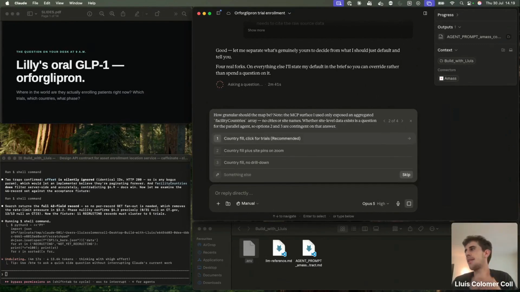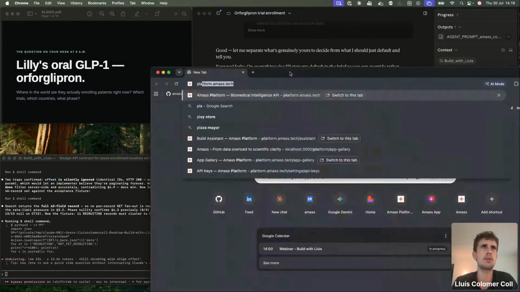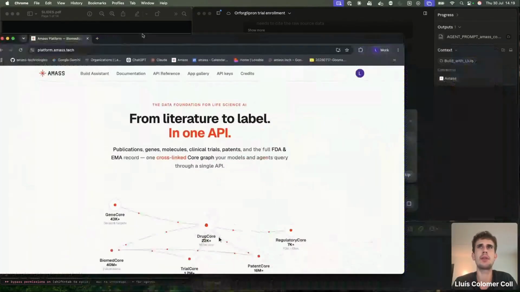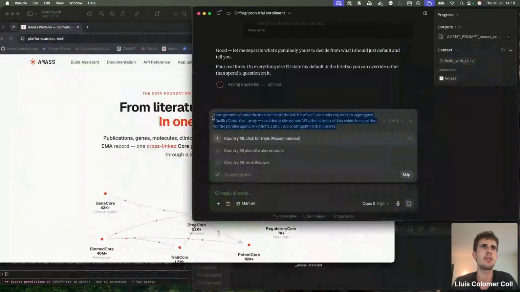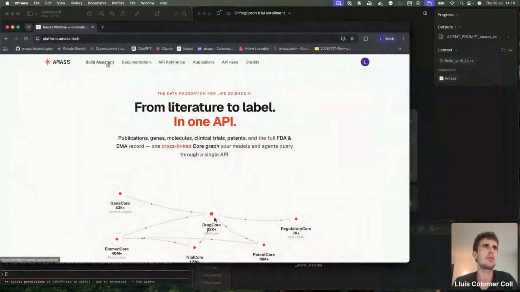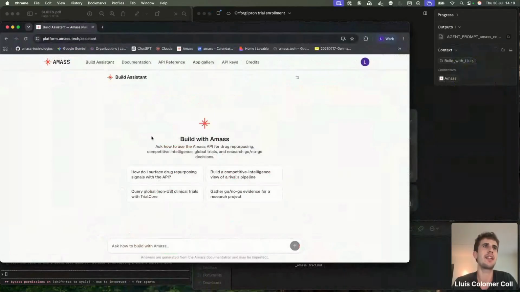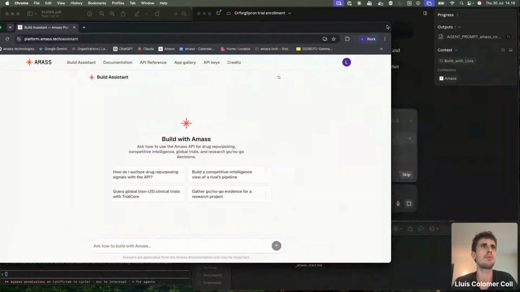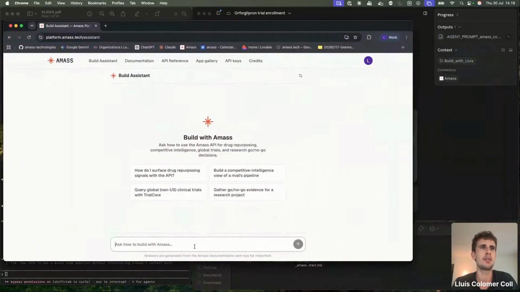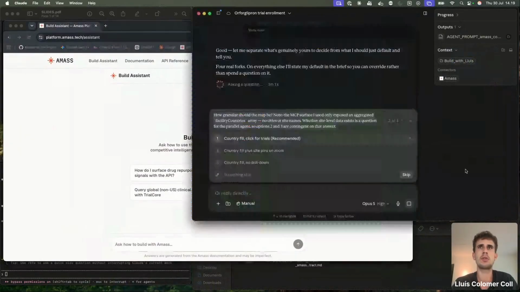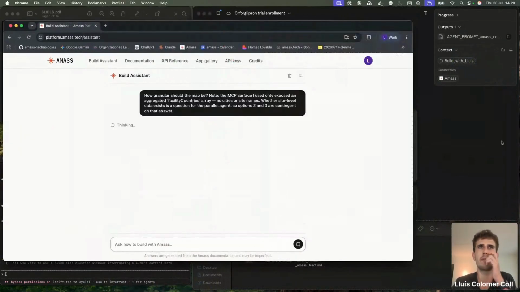And then for that, let's try to use what we released recently, which is our build assistant, which is again an agent on top of our API. So let's see what happens if we just skip this.